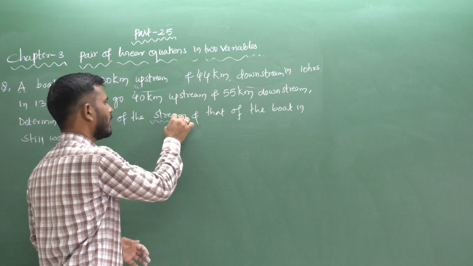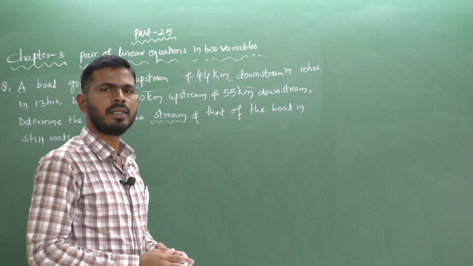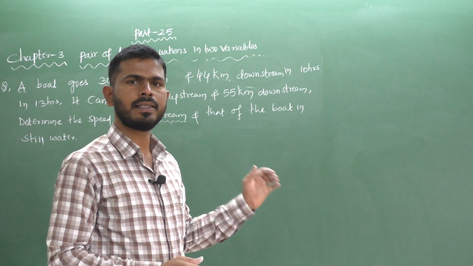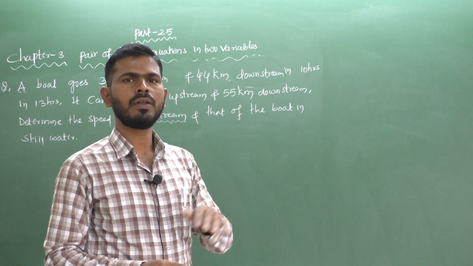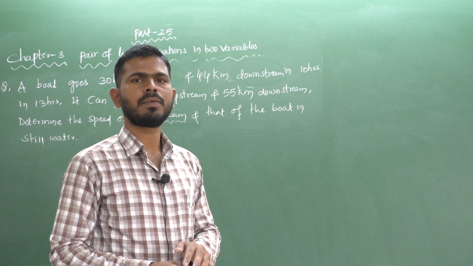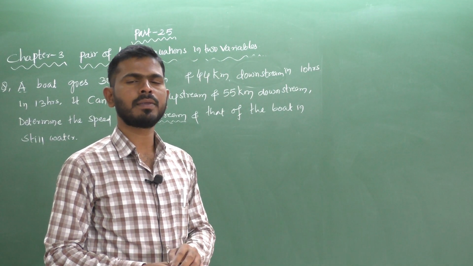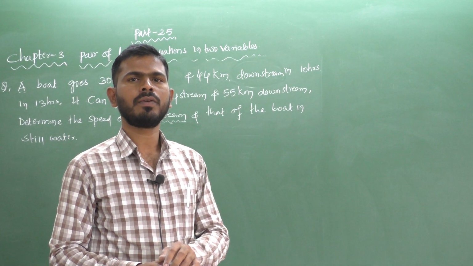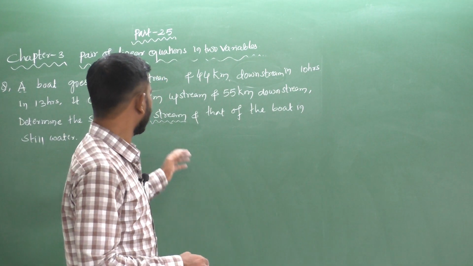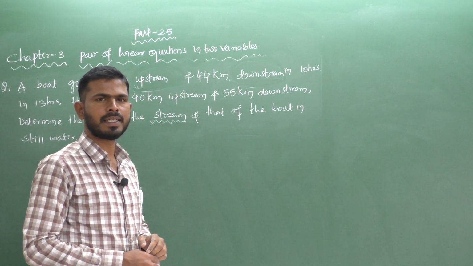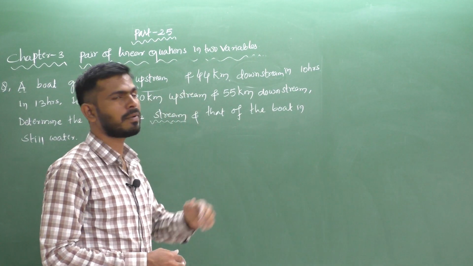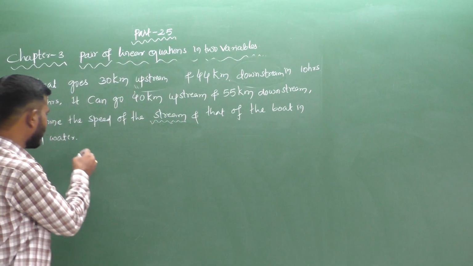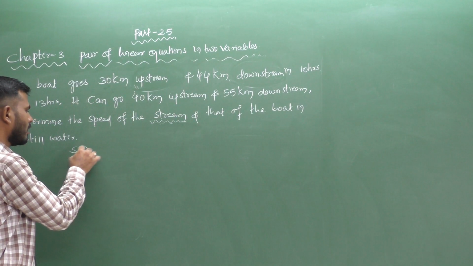Here stream is a new word. Stream is the flowing of water from the bank, that is called a stream. In simple language, stream is considered as the speed of the flow of water. Next, upstream and downstream are given. So what is the meaning of upstream and downstream? Let us discuss next. First, for the solution,